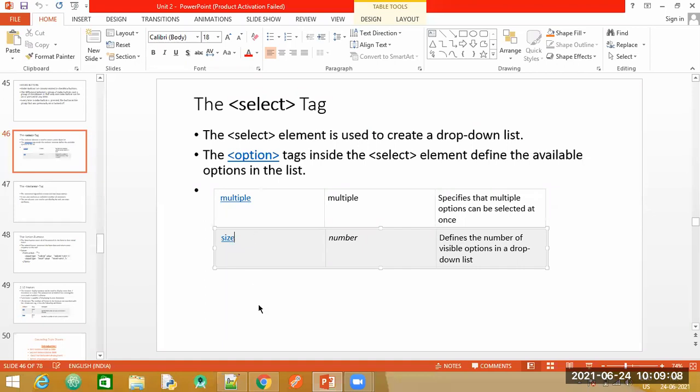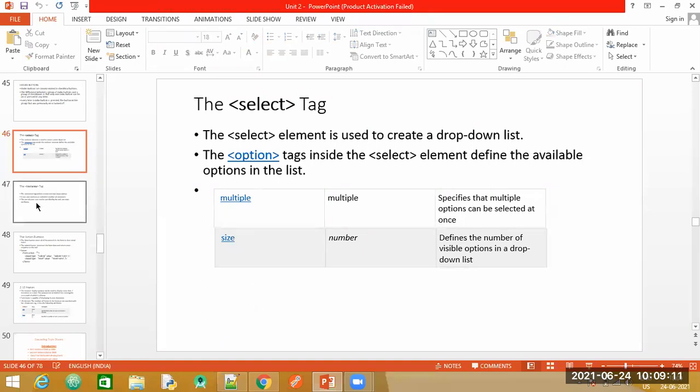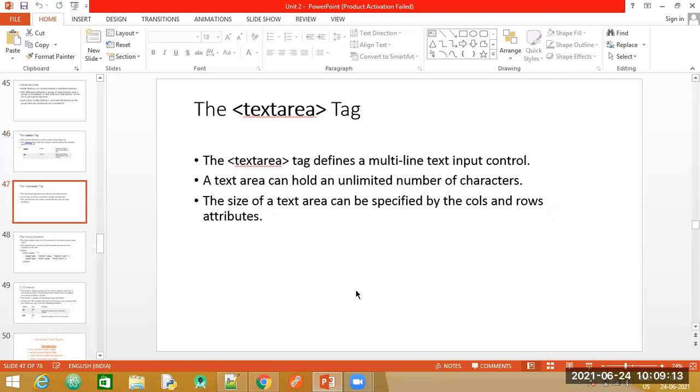Along with this drop down list, we have another different type of input, that is the text area. So this is different from the input type text. Text area means wherein you can accept multiple lines of comments from the user. Usually, whenever we have the input type as text, we are allowed to take only a specific number of characters. Now you must have seen in certain forms that they will ask you for any review, or any comments or feedbacks.